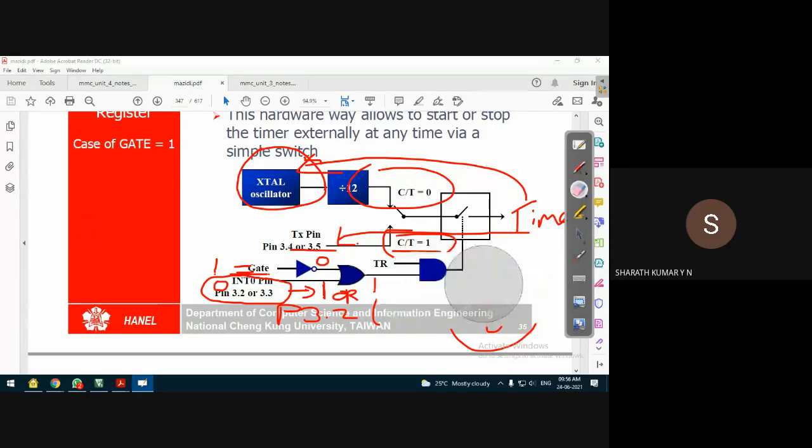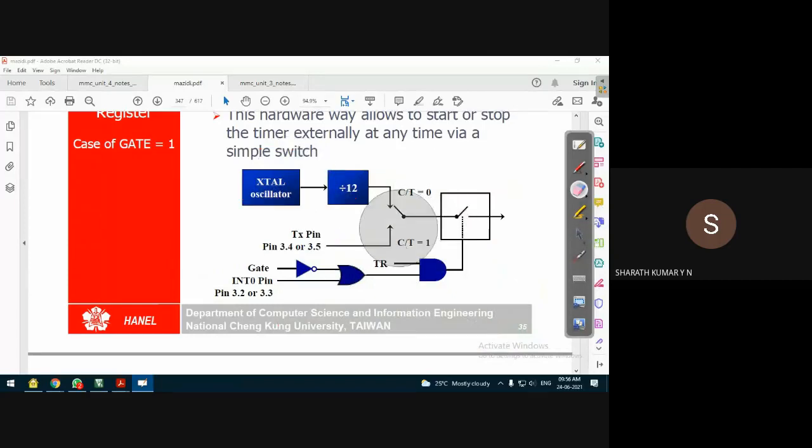The only point we have to understand here is this gate bit. If the gate bit is 0, start and stop of the timer is done using the programming method. If the gate bit is 1, start and stop of the timer is done by hardware, using external pins which give logic 1 and logic 0 to start the timer and counter.